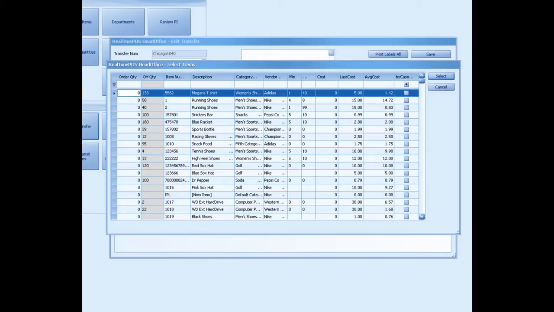To do this, simply click the Add Items button on the right side of the Transfers window. A window will load on top of that, which will show all of the items at the specified location as well as their on-hand quantities. This is simply the amount of stock they have on location. You may sort in ascending or descending by item number, on-hand quantity, or any of the other options listed along